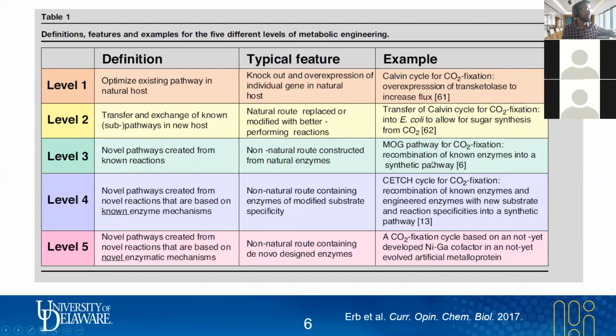Going into the third level is taking CO2 fixation and taking known enzymes and putting them together in a different way. And that would be where we would start to describe this as de novo pathway design, because that's not the pathway that it would have been used naturally. So then, using more enzyme engineering techniques, you could potentially do this in a very different